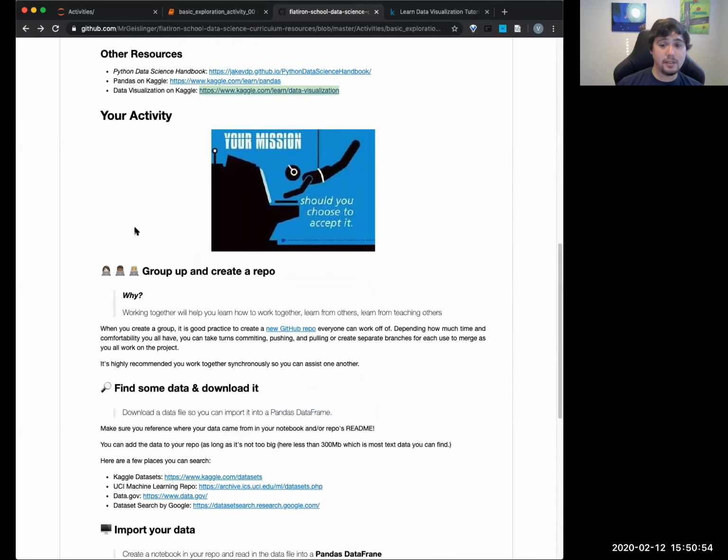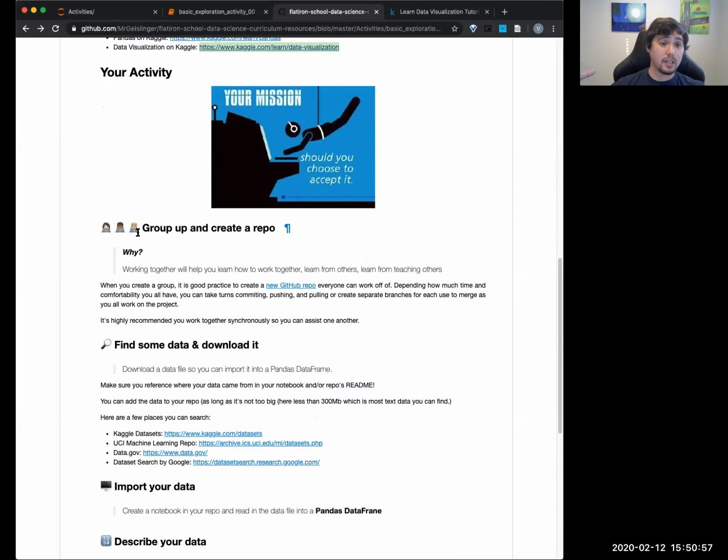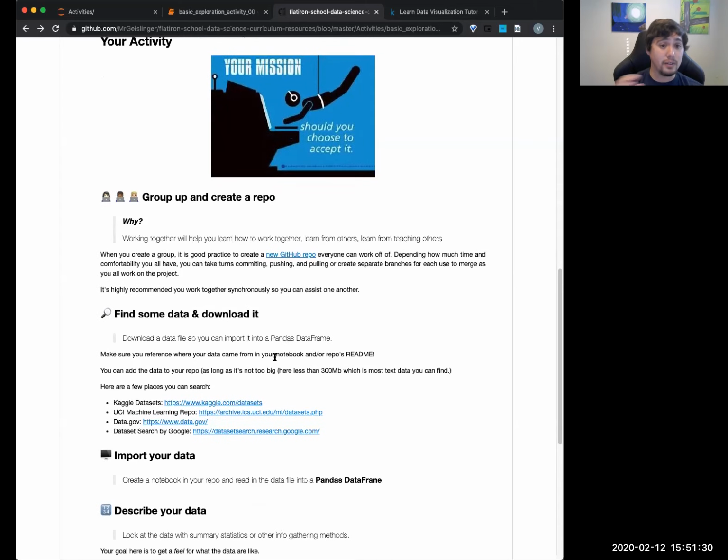So what's going to happen here? I'm going to group you up and you're going to create a single repo. You're going to create a new GitHub repo and collaborate on that one. If you're not super familiar with GitHub or not feeling confident, you can make a repo and just take turns making commits, pushing your commits, and then pulling them down. That way you're all synced up with each other. Since you're going to work together in a single Zoom chat, you can connect there. If we're feeling adventurous as a group, you can even try doing some branches and branch merges.